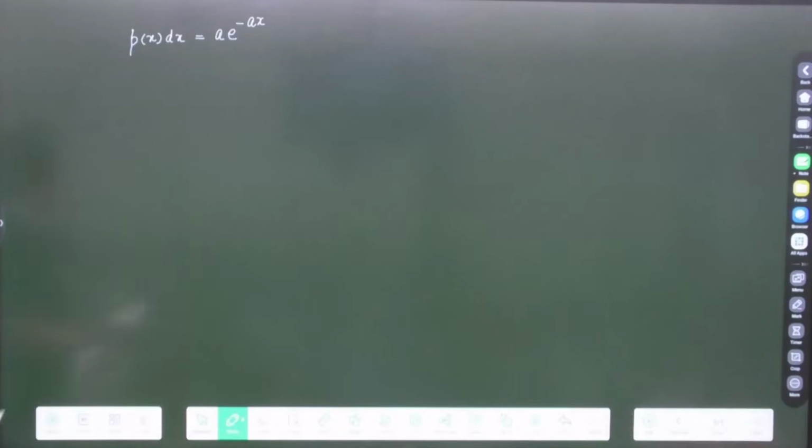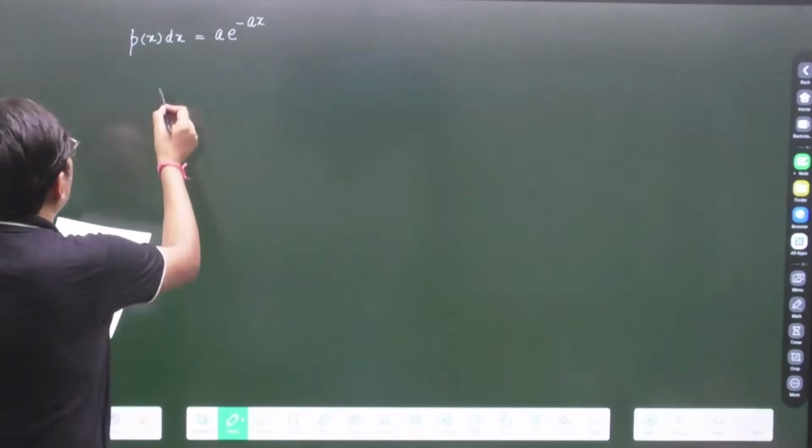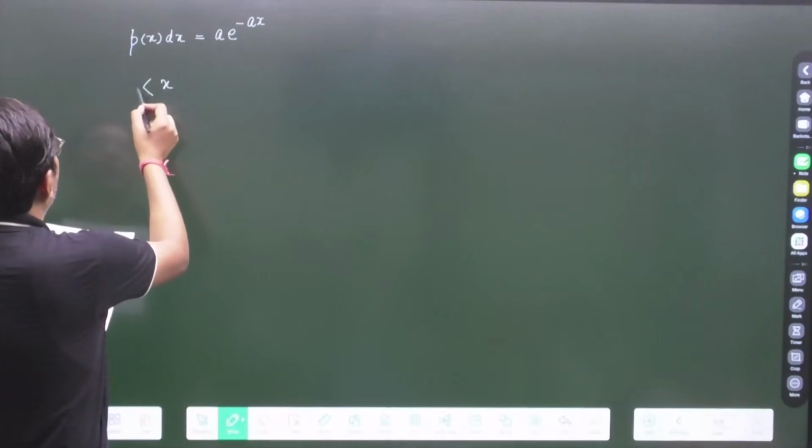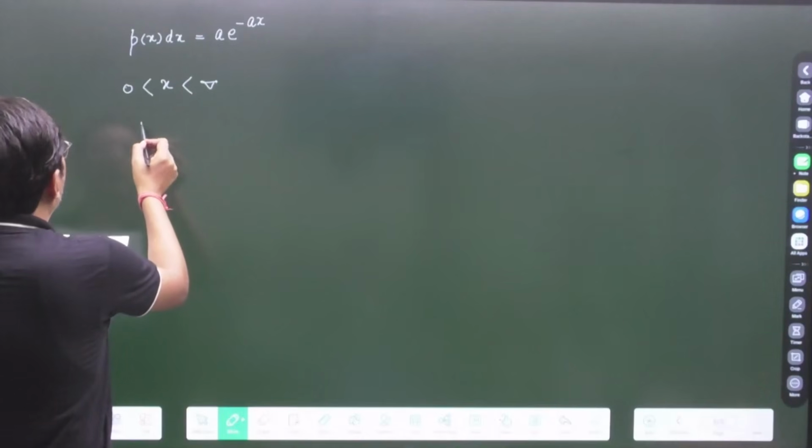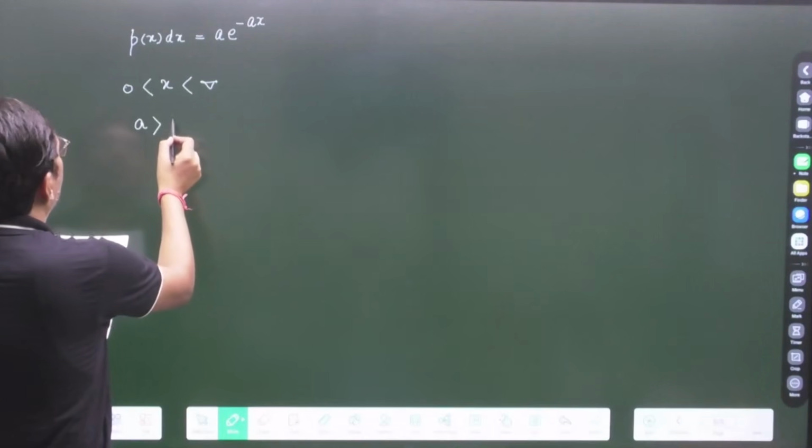Here x means position. If the probability that x lies between x and x plus dx is this one, where x lies between 0 to infinity and a is greater than 0,